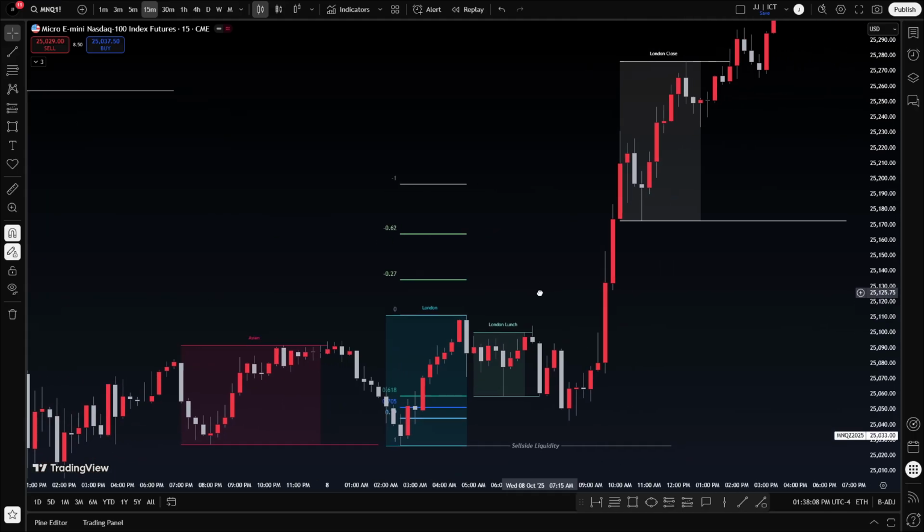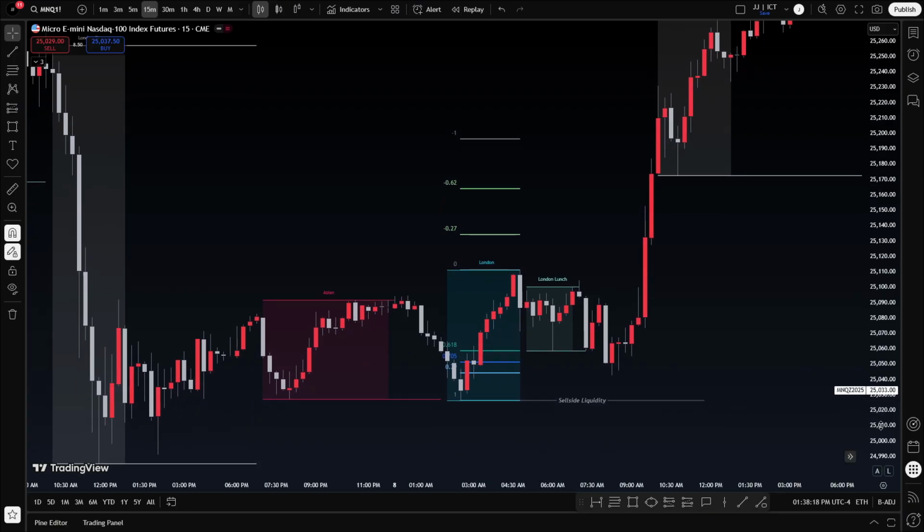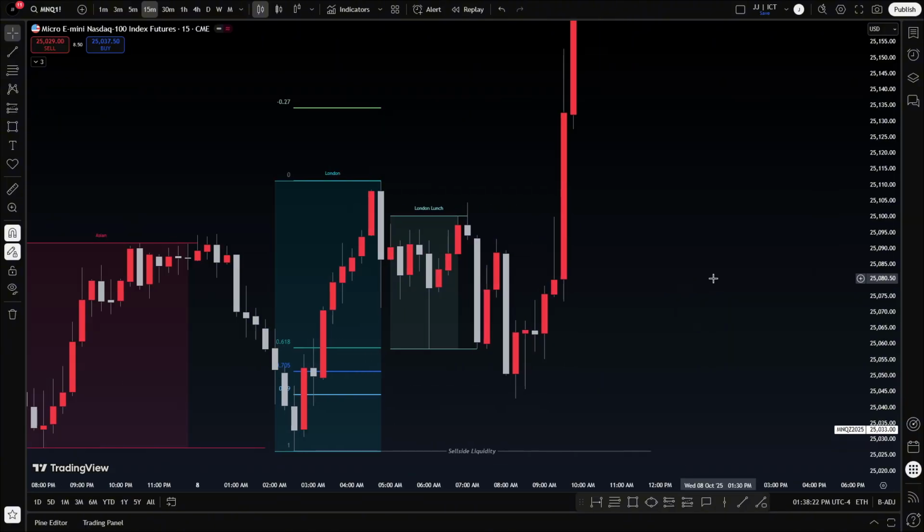And guess what? All those optimal trade entry levels or the deviations, they got hit. Absolutely beautiful trade, if you were to actually take this. But I would teach you in the future to trade this a different way, like on a 15 second or something like that, and we'll hop into that in the future.